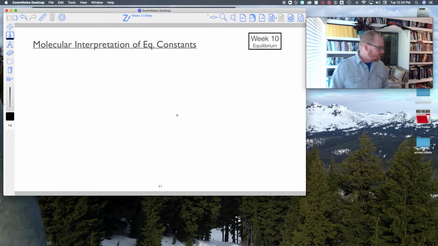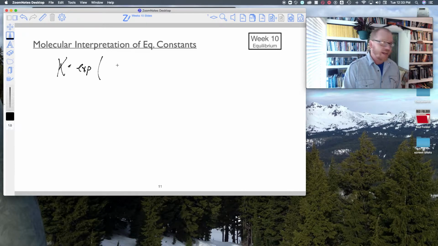So moving on, the molecular interpretation of equilibrium constants. What this is related to, the only thing I'm going to say about this, is how equilibrium constants can be related to the thermodynamic potentials. Okay, so we know now that K equals the exponential of negative the standard free energy of the reaction divided